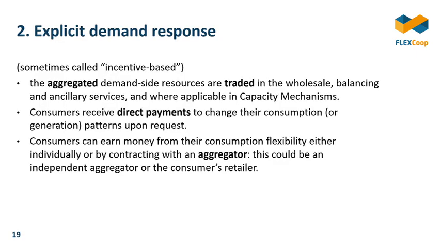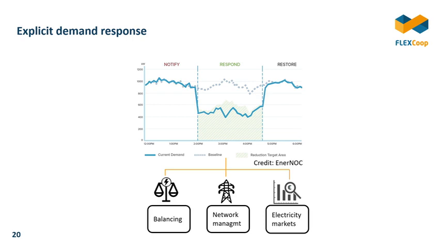Looking at what it means for the energy system, this little graph represents a demand response event. The blue line represents current demand, actual demand, what has been metered, and the dotted line represents the baseline, what would have happened without demand response. And demand response consists in selling the difference between what would have been consumed and what has been consumed